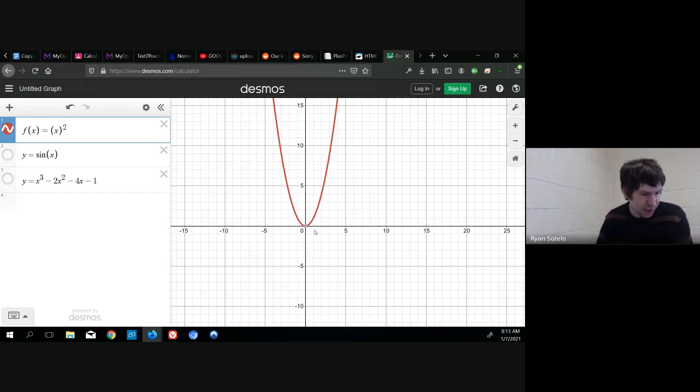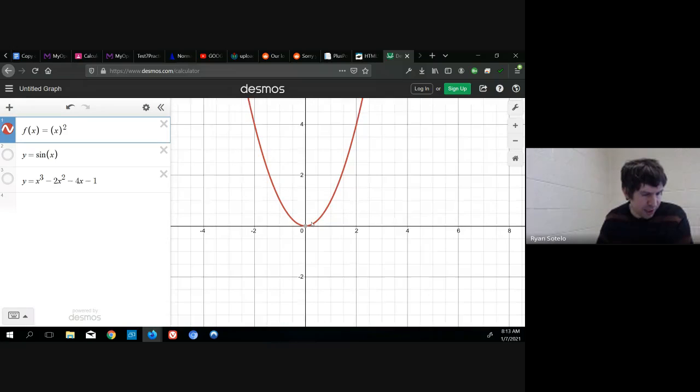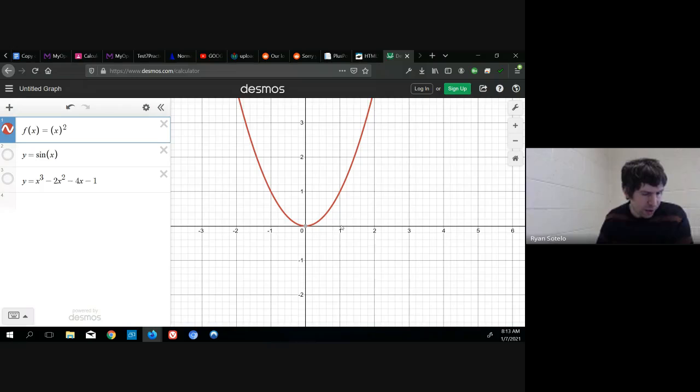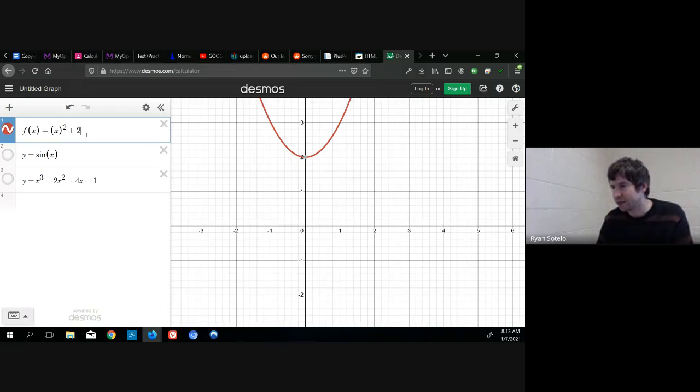And if I did this, I can zoom in and I can see that at this point is 1, 1. But if I do +2, it's now 1, 3. So when I do it out here, all the points have 2 added to the y coordinate. The x coordinate doesn't change. But if I do it here,